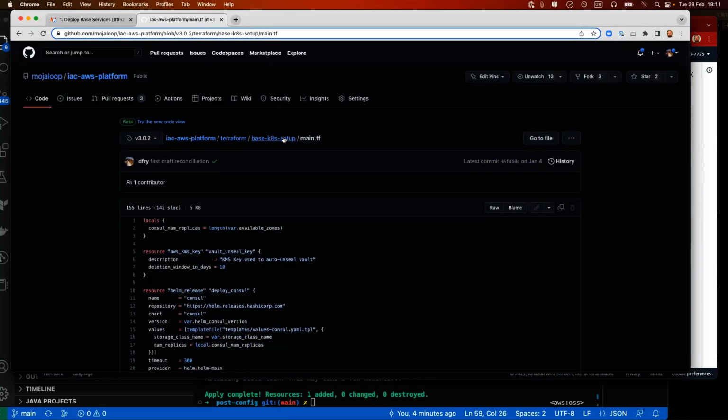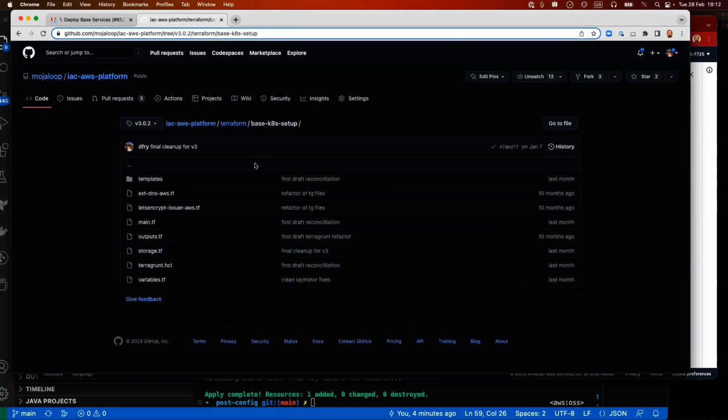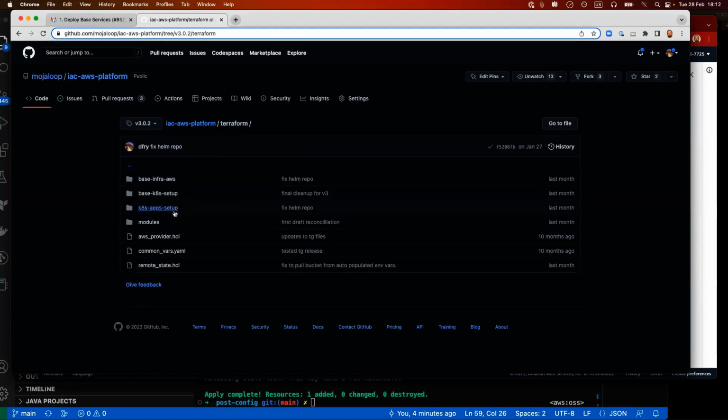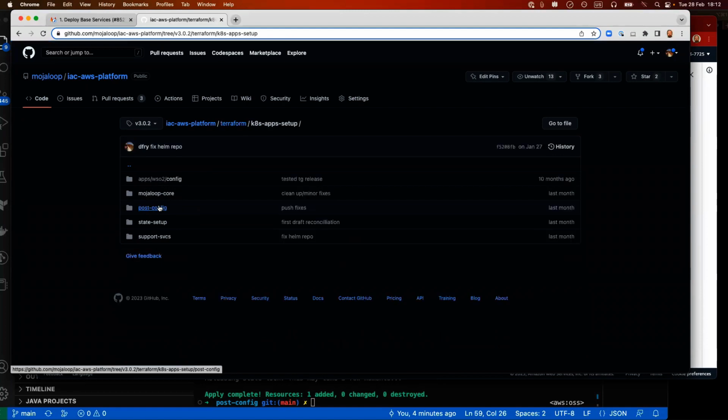So this base K8 setup here, this is where the components that need to be installed that have dependencies on AWS, right? And obviously the base infra AWS, this is very dependent on AWS because this is creating the underlying infrastructure in AWS in order to then deploy the Kubernetes cluster on. Yeah. So then everything else that's in here